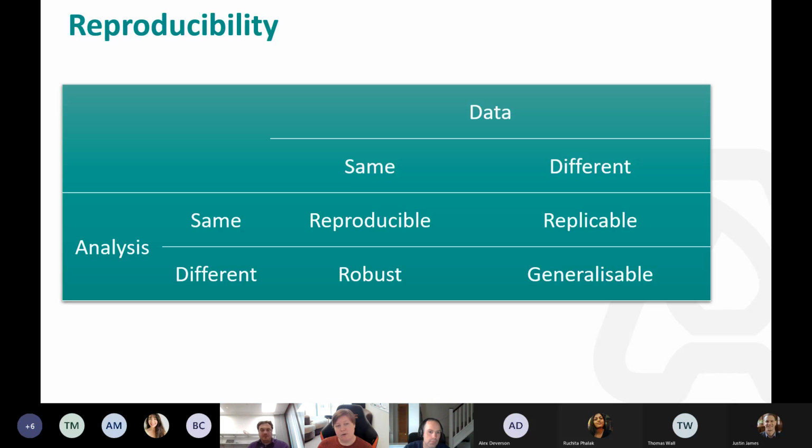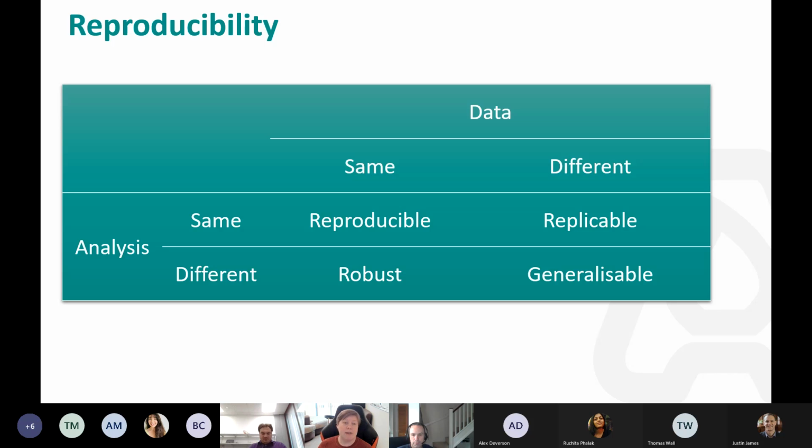Reproducibility is about taking the data and the analysis that you've done and making sure you get the same outcome every time. This is important because this is usually a starting point for somebody to be able to evaluate your work, for you to be able to run it again and again. If you can be confident that your results are stable, this allows you to start testing and trusting your work more safely.